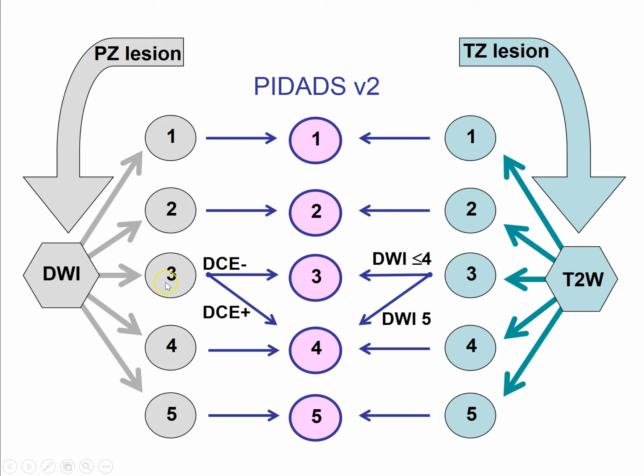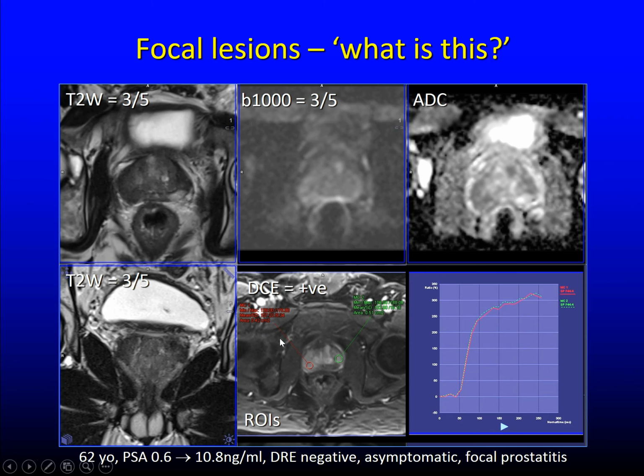So if you have a diffusion abnormality in the peripheral zone and it is a DWI score of 3, you can use the DCE MRI to promote that to a PI-RADS 4 if the DCE was positive. I just wanted to show you a couple of examples. So here are a couple of focal lesions in the peripheral zone of the prostate gland. Here they are on the diffusion sequences. You can see that these would be called PI-RADS 3 or PI-RADS 4, probably PI-RADS 3 because they're